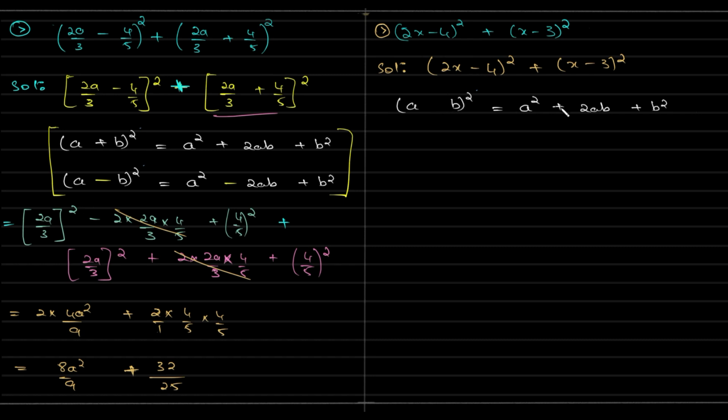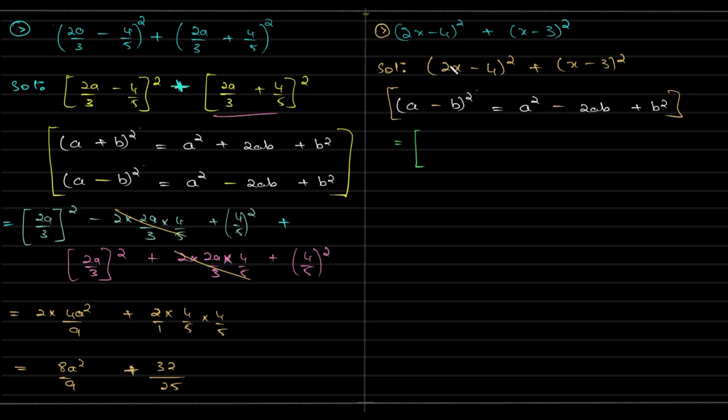So I'm writing the relevant formula. So this is a minus b the whole square is a square minus 2ab plus b square. That's the only formula used over here. Again, pause it and try, because if you're just looking at the screen, it's of no use. 100%. So we have this is equal to,